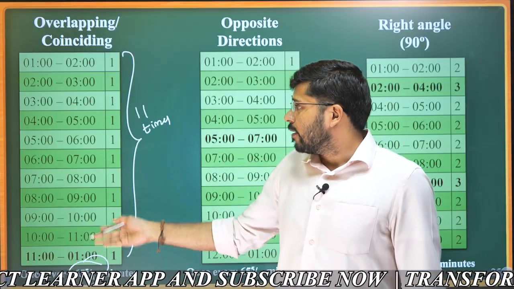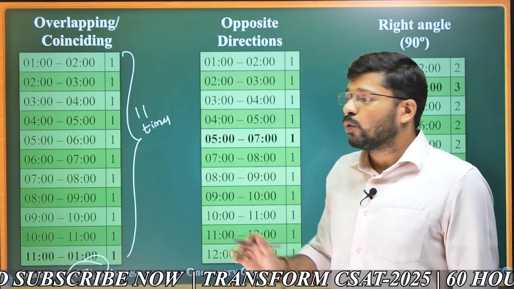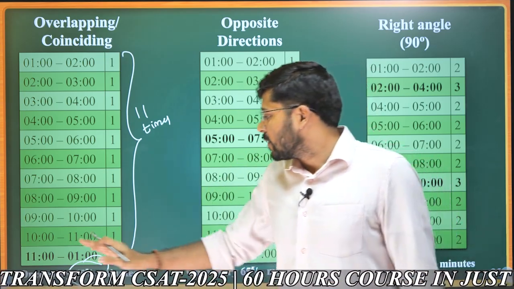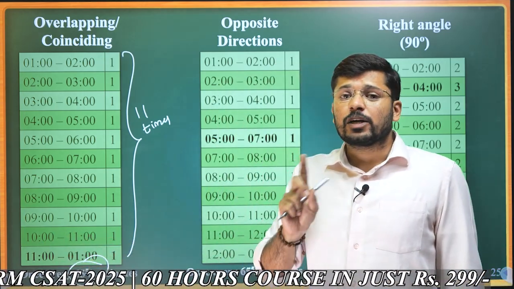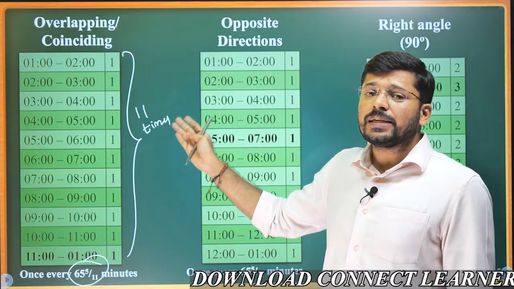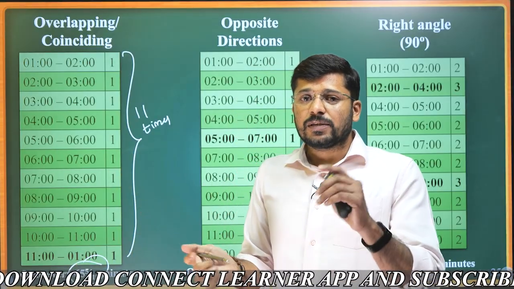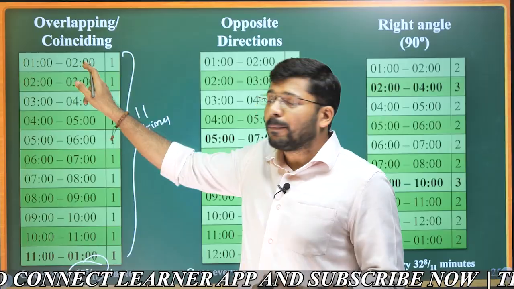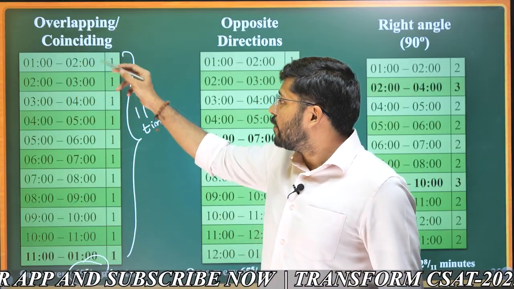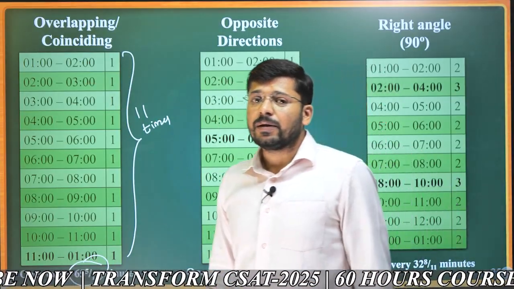If you want, you can write the entire table, or you can take just the general rule and the exception. The general rule is between every 2 exact hours, the overlapping happens once, with the exception that between 11 to 1, it does not happen 2 times, it happens only 1 time. So totally it will happen 11 times in 12 hours. Between 1 to 2, it happens at about 1:05. Between 2 to 3, it happens at 2:10. So the time difference between that instance and this instance would be 65 5/11 minutes.